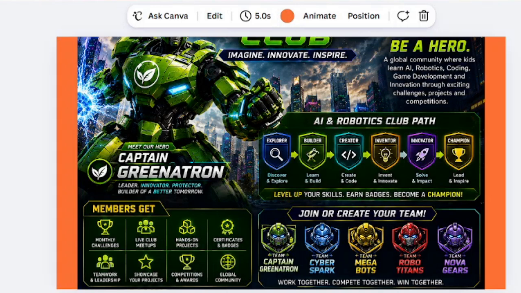At level 3, you will get a Creator badge. Level 4, you will earn the Inventor badge. Level 5, that's where the 100 mission journey completes, and you will earn an Innovator badge. Level 6 is Champion. This is the highest level where top performers become leaders, mentors, and competition champions.